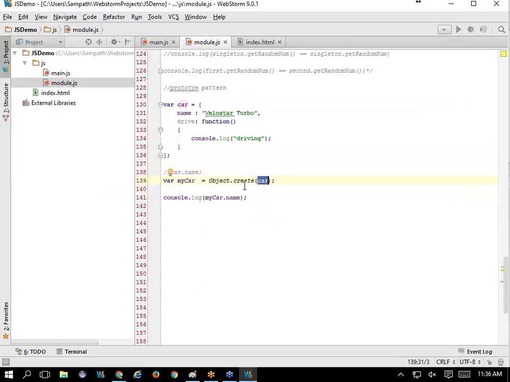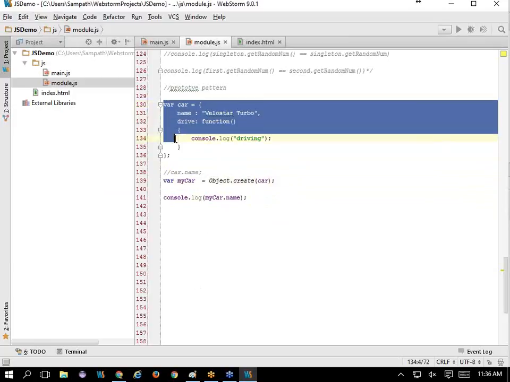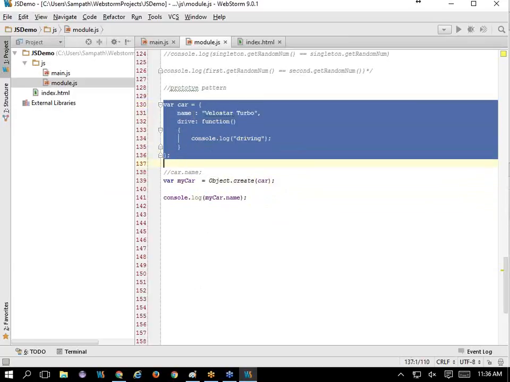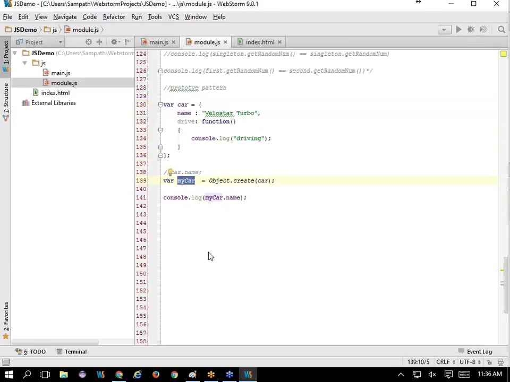Okay, so what we are saying is Object.create. Whenever we have created this prototype, we are saying that with this prototype we create other objects. If you already have similar functionalities available, why do you have to create objects again? You do not say "where my car" and then provide the implementation inside that. You have a prototype available, just make use of that prototype to create a new object, and this pattern is called